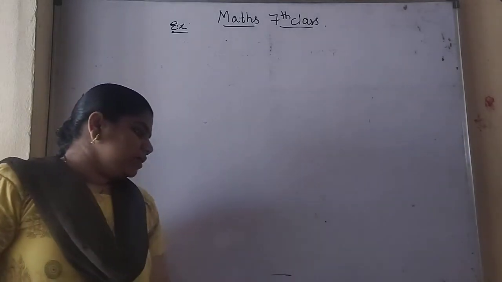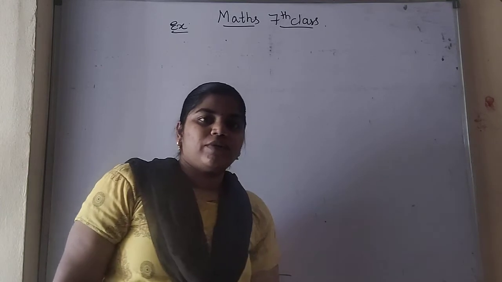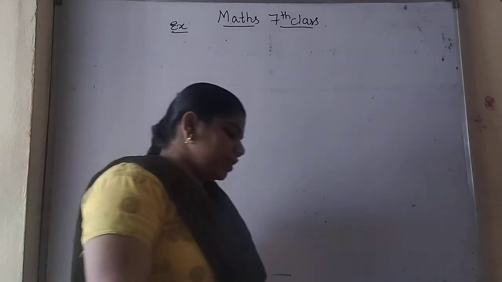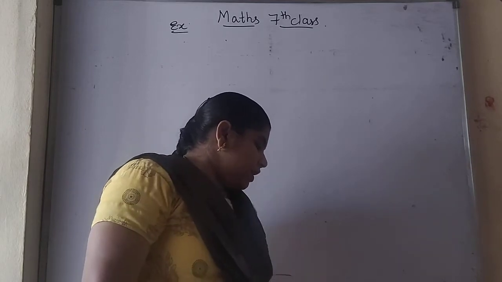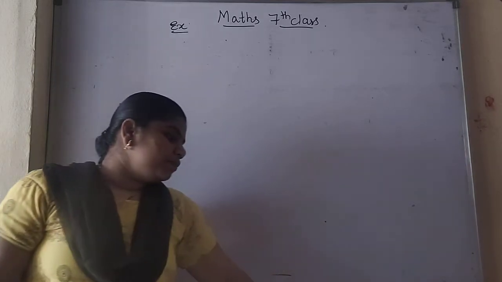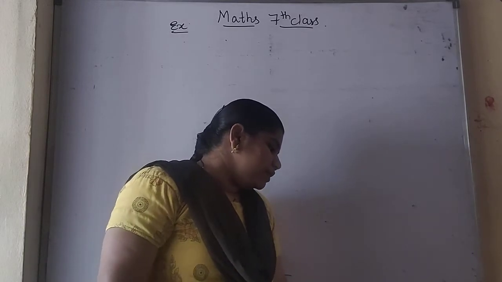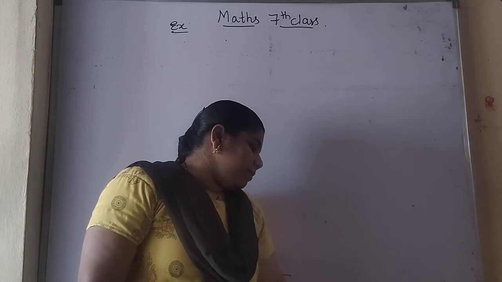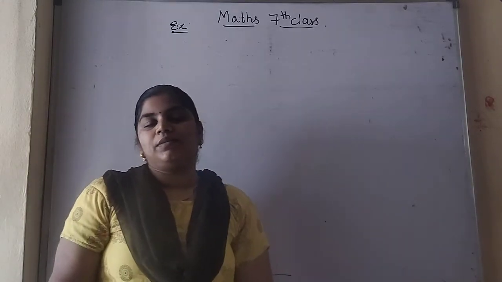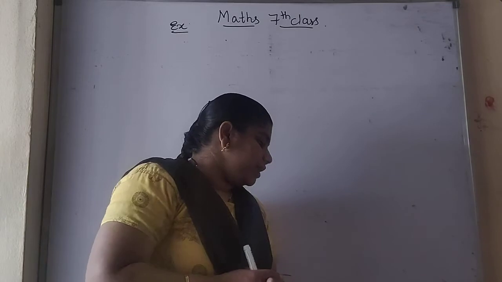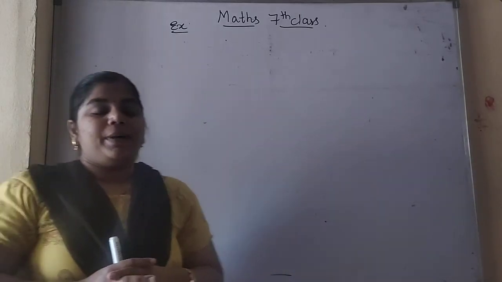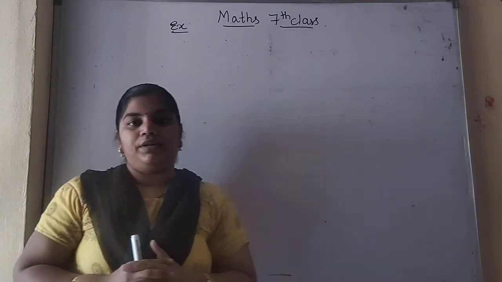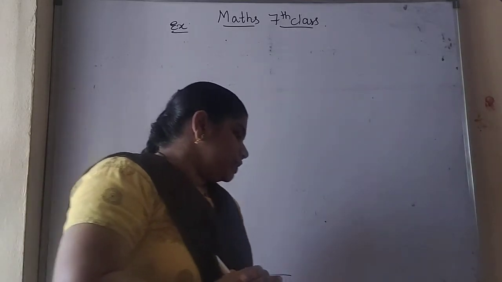A cement company earns a profit of rupees 9 per bag on white cement. So already we did the problem like this. So similar problem we have done before. A cement company earns a profit of rupees 9 per bag of white cement and loss of rupees 5 per bag of grey cement. So on selling white cement, he is getting the gain of 9 rupees per bag and he is getting the loss of 5 rupees on grey cement. Okay, so per bag. So what is the first question?